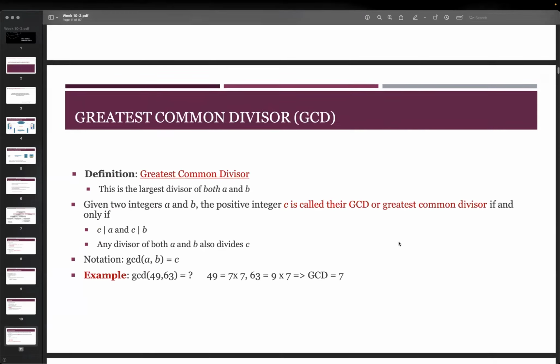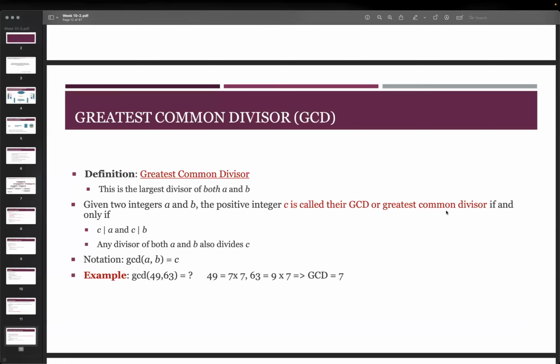Okay, and next we have the greatest common divisor, GCD. That's what we use later in the encryption tool, so we need to know this. With the greatest common divisor, we try to look for the largest divisor of both A and B, these two integers. So if I give you two positive integers A and B, maybe C is their GCD if and only if